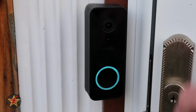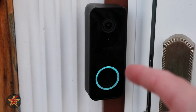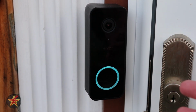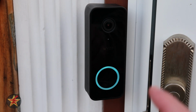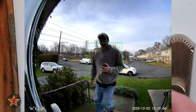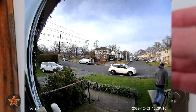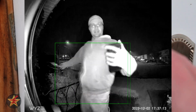So, food for thought. Last, it is a video doorbell. What about the video? Well, I will have those broken out into a separate video over there in the corner because this is a 1080 video, this records 2K video, and I want to preserve the 2K quality so you can judge for yourself. However, what I can say is this is a great step up, especially if you came from the Wyze Video Doorbell 1, in that it is better pixel, sharper color, and for me, at night, minimal